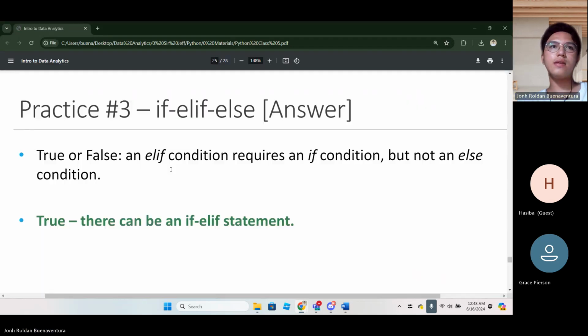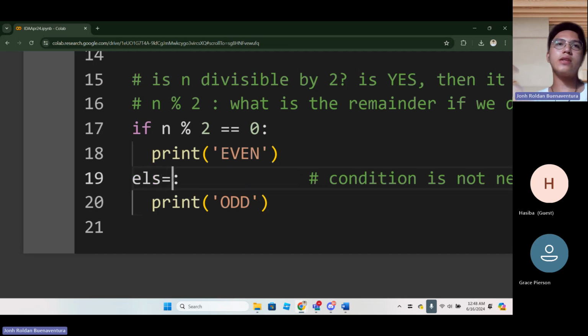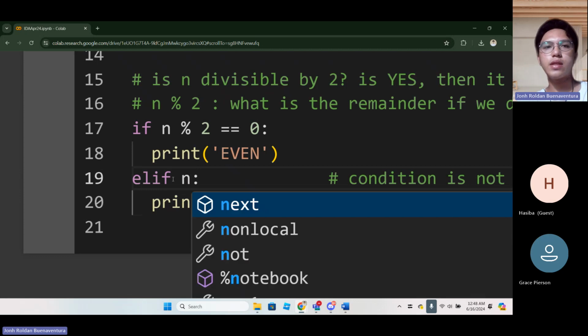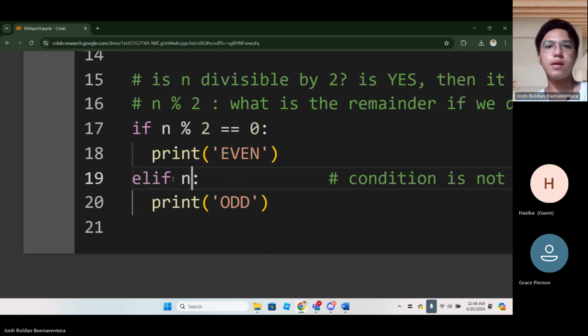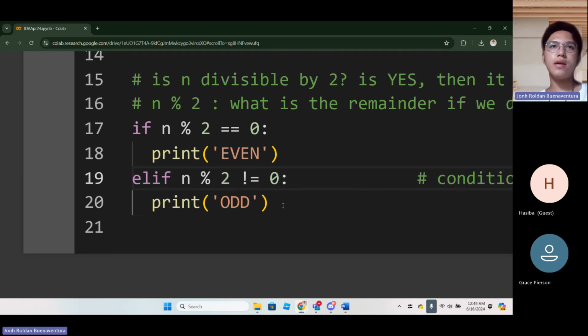Okay, so if we write here an elif, let me write again the code that I deleted a while ago. This alone is fine. It doesn't require any else. This one will run.